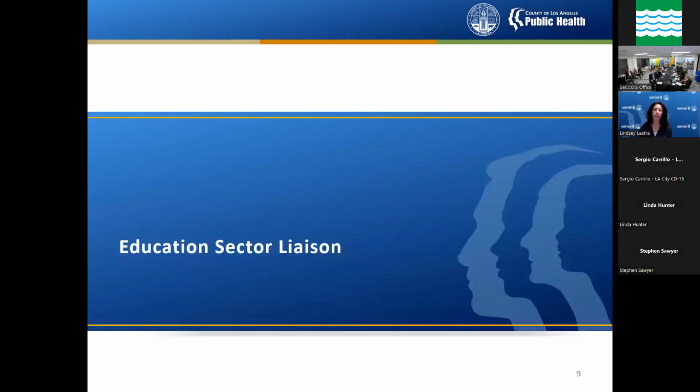So to share a little bit more about our ongoing efforts, I've shared in previous meetings that I oversee our community engagement efforts for the department in SPA 7 and SPA 8, SPA 8 being the South Bay area and SPA 7 being the eastern part of LA County, which is basically the 710 freeway to the east, at the edge of Orange County. So basically what we've been seeing during the COVID pandemic, we established a lot of relationships with the education sector, which had been a huge gap for us. But because of all the efforts that we had around COVID, we actually have established some really good partnerships with LAUSD,